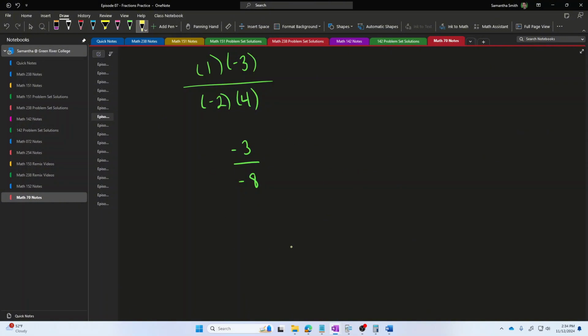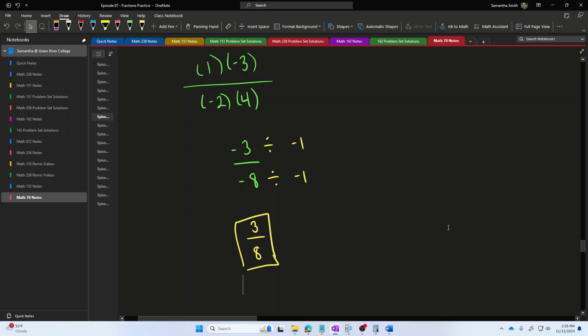This answer is correct, but to simplify it a little bit further, I think I'm going to divide both the numerator and the denominator by a minus 1. There's no larger number than 1 that goes into 3 and 8. 1 is as big as it's going to get. But by dividing by minus 1, I will be able to change the signs of both of these numbers from negative to positive to give me in the end a positive denominator, which is usually traditional in terms of a final answer.